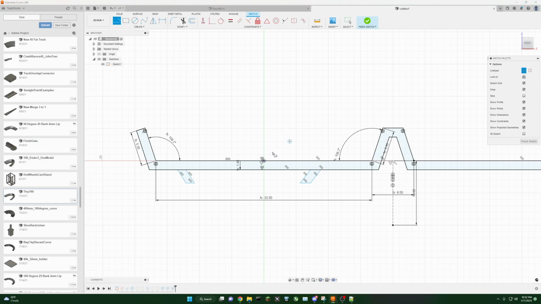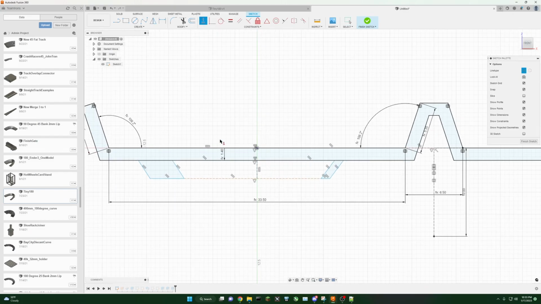And then we're going to connect those with a construction line. We're going to make sure the midpoint of that construction line comes up here to the midpoint of this guy. And we're going to give it a horizontal constraint. Oh, whoops, not that. We want to give it a vertical constraint. So let's pull this way, and then give it a vertical constraint. There we go. Okay, so